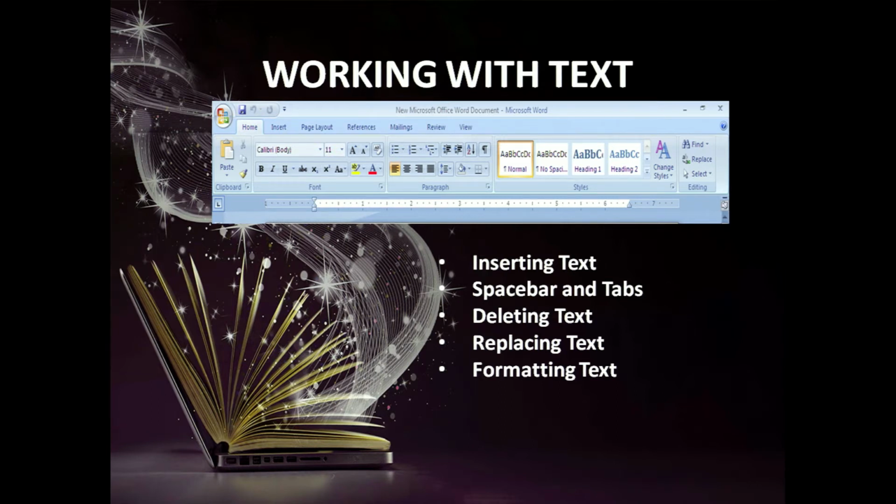I can also use the delete key. The delete key will delete the content on the right side of the cursor. So we can use any one of the keys, or if you know a particular word is wrong, you can select that word and press the delete key.